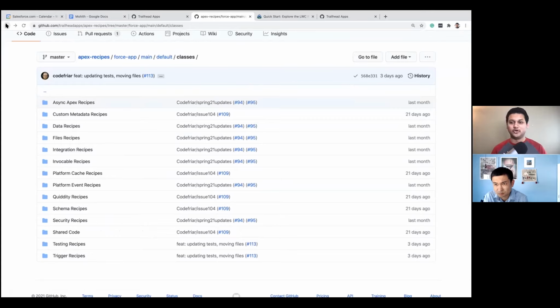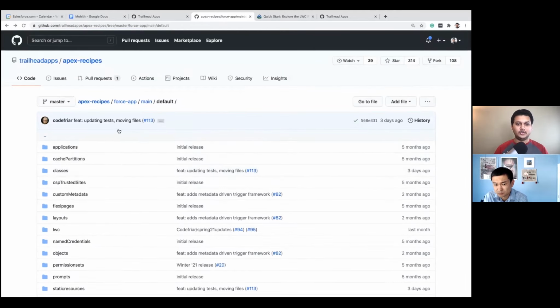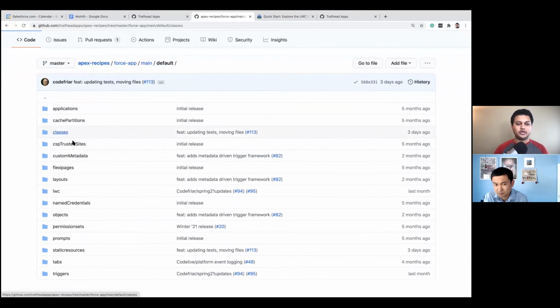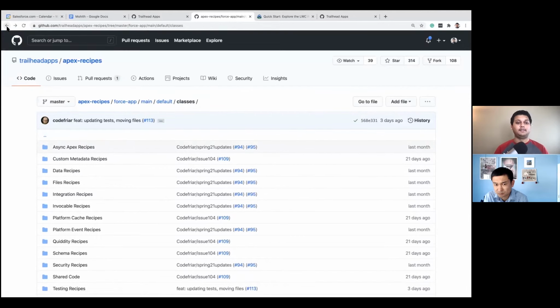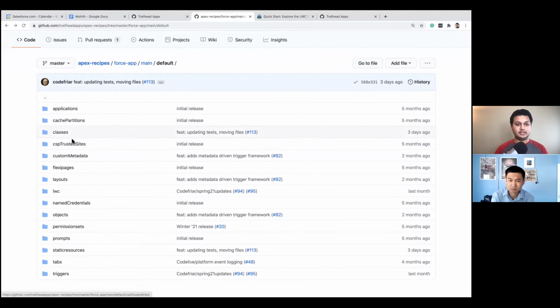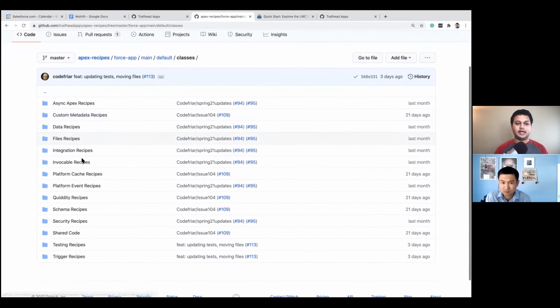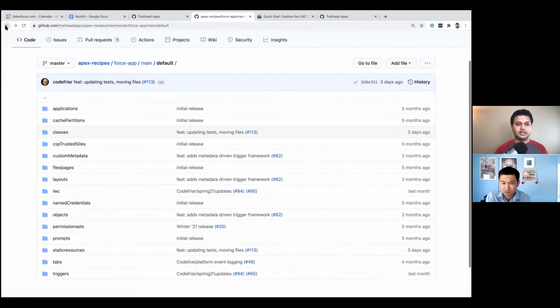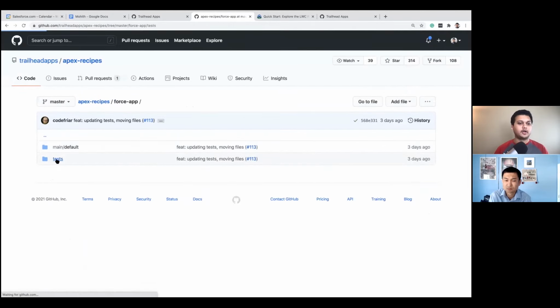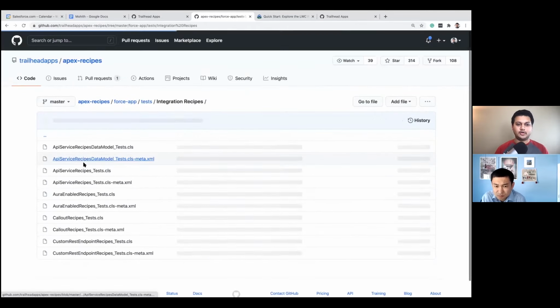There's a lot of code, and we have comprehensive docs and test cases, as I said, right? There's a dedicated test folder. So it's not just about code, right? It's also about how to write it in the best way possible on the platform with best practices. Like there are testing recipes where you can learn about stubbing and other ways to write test classes. So you can go to the test folder, as I was talking about,